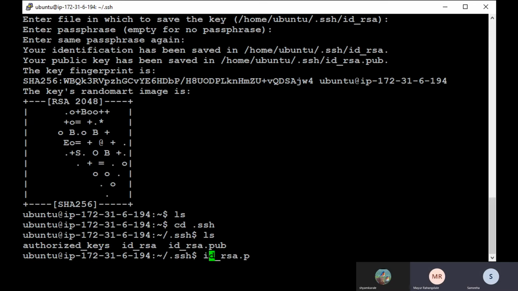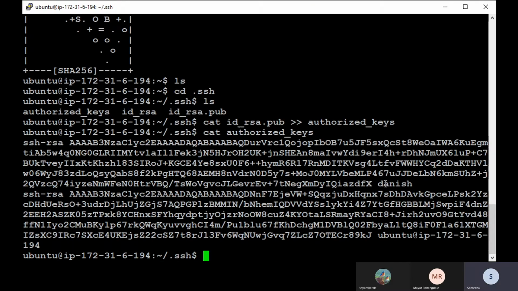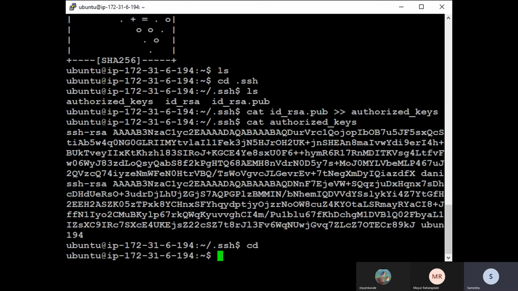Cat. Yes, there it is. Now the passwordless login we have done.